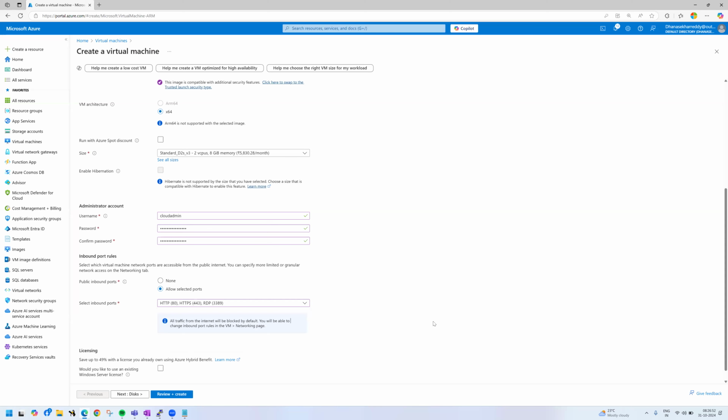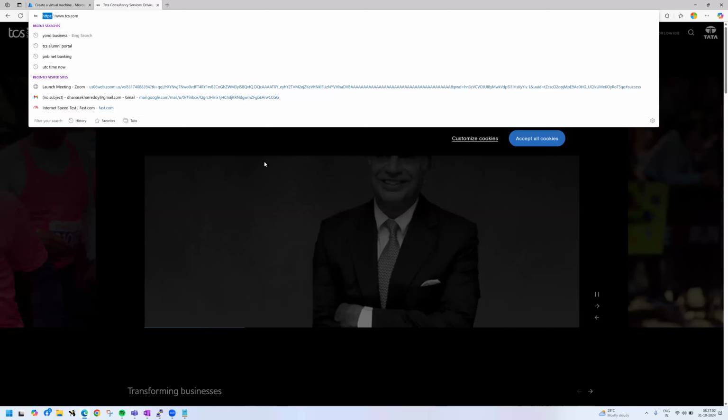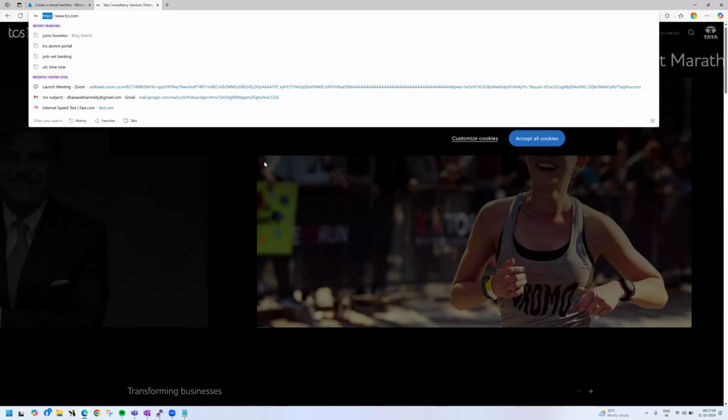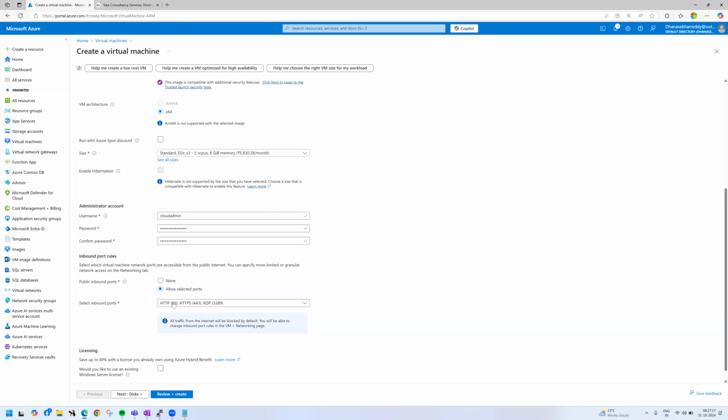HTTP 443. Suppose I am giving tcs.com. This application runs on which protocol? HTTPS. Yes. HTTPS by default runs on port 443. Very good. Next, this is about it, guys. So I can host the application on HTTP 80 or HTTPS 443, any of them. RDP is mandatory to connect to the